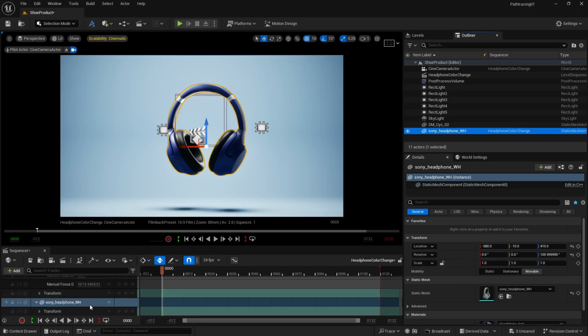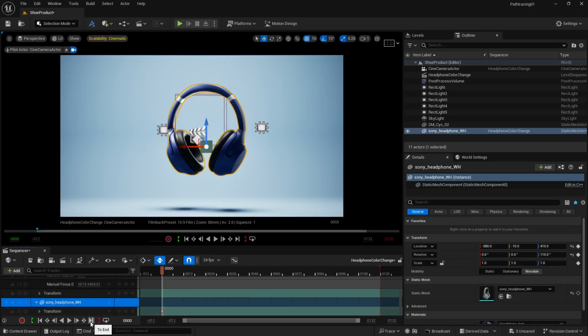So first let's do a 360-degree rotation here. I'm going to click on this plus icon. Now before that, if you want an auto key to be applied automatically whenever you change certain keys, you can click here and it will automatically apply a key. By default, it is turned off. Just click on this and it will get turned on. Now let's apply a transform key. And now you can see we have a key here.